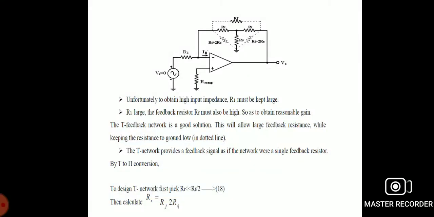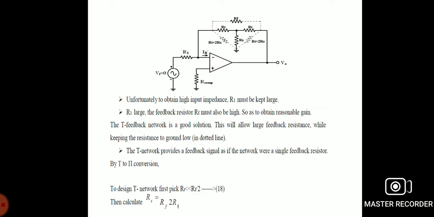In this lecture, WE8451 Linear Integrated Circuits and Applications, Unit 2: Characteristics of Operational Amplifier. In the previous lecture, we studied the ideal characteristics of the operational amplifier, the inverting and non-inverting stages of the operational amplifier, and also the AC and DC characteristics of the operational amplifier. Today the topic we are going to discuss is the differential amplifier.